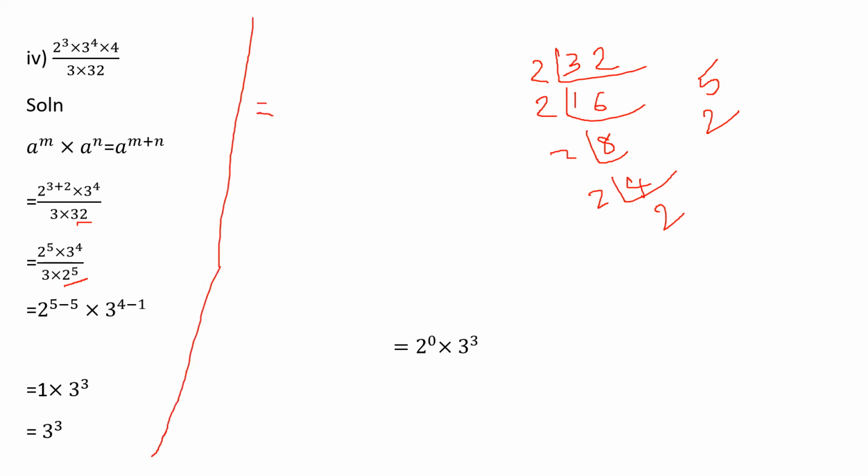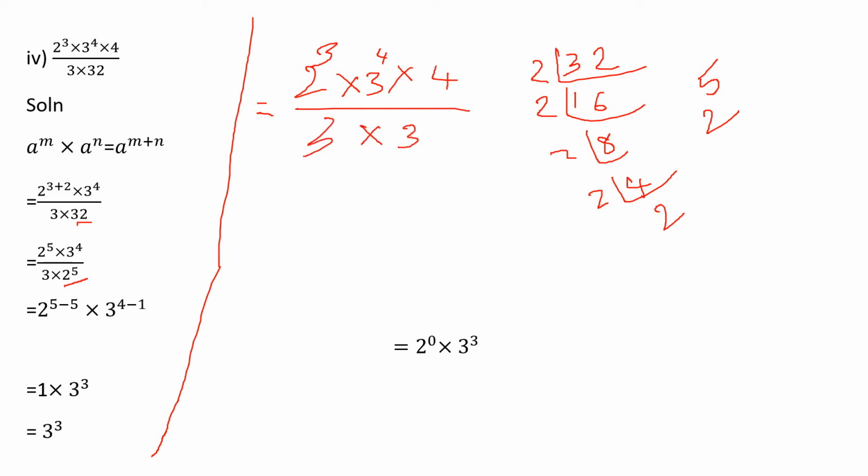So, look at my explanations. It will be easy. Okay. Then I'll explain this. But if I'm just saying 2 power 3 plus 2 into 3 power 4, if I'm explaining like that, you can't understand. So, look at here. 2 power 3 into 3 power 4, divided by 3 into 32. Take and write the question. So 32 can we write in powers? Yes, we can write 32 also in powers. So first write down the question, children. Later we'll write it down.